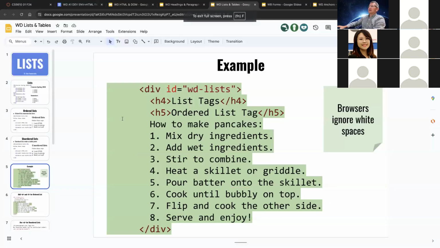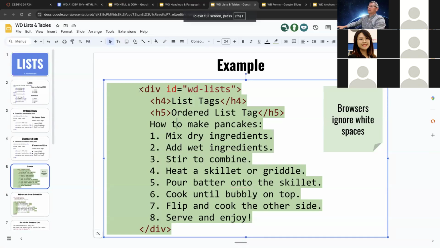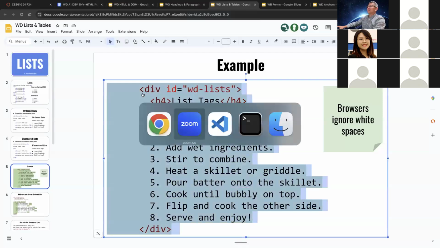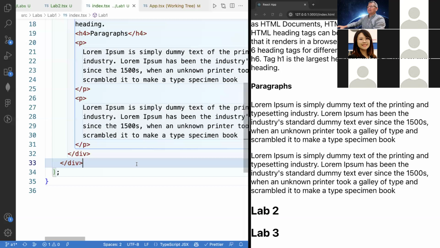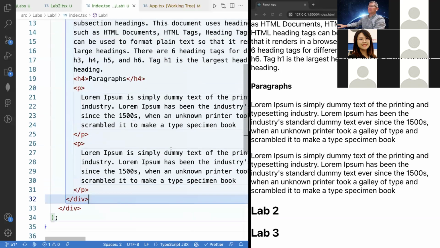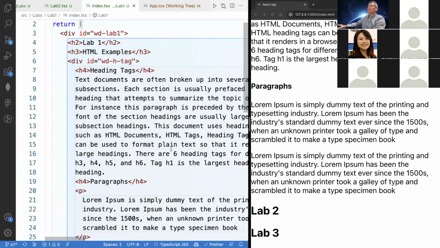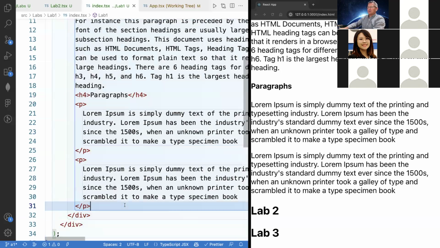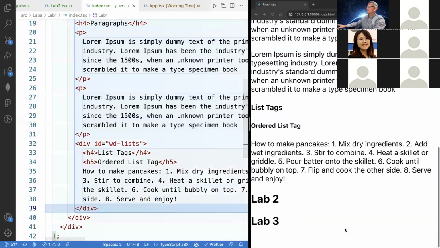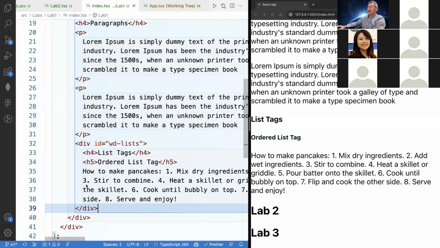Here's an example where we're displaying maybe a list of how to make pancakes. If we add that here, and then this is for headings, here we'll have the lists. Notice that even though I had added the new lines, it ignored them. It munched up all the lists into just one single line. So if I want to make sure that this formats as a list, I do need to add the extra